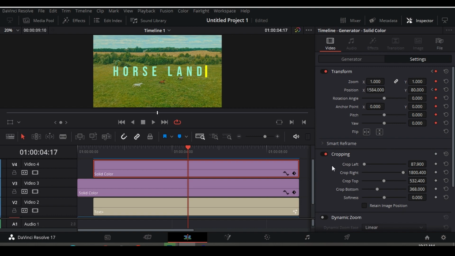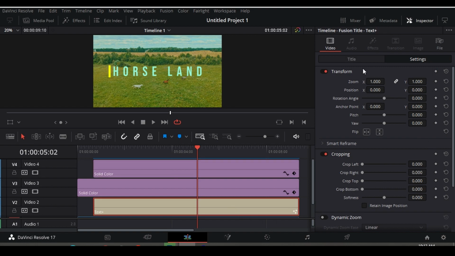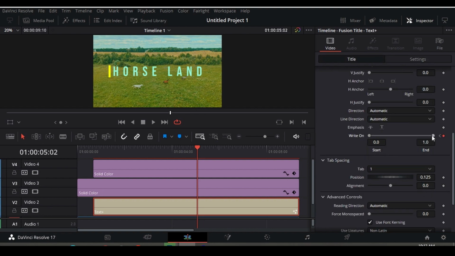Now let's go 10 frames forward. 1 2 3 4 5 6 7 8 9 10. Now let's add a keyframe right here on the position. Now grab it very left like this. Now let's go to our text layer, go to title and add a keyframe on the right one, then simply make everything disappear like this. Now let's play our